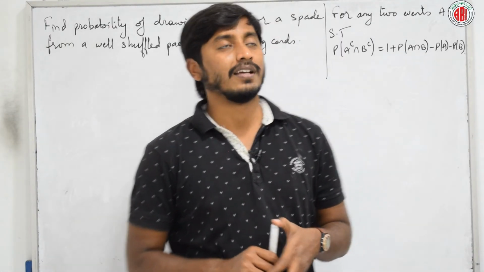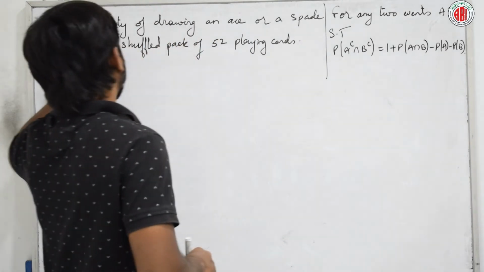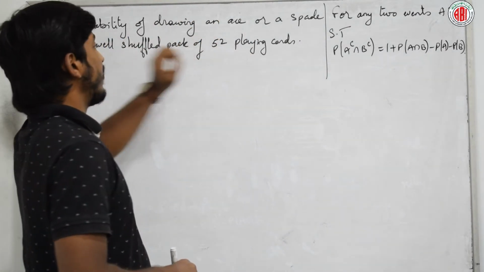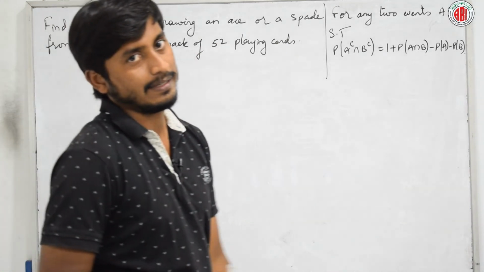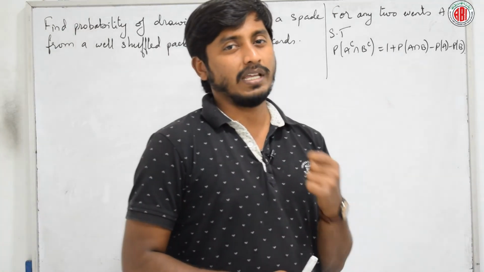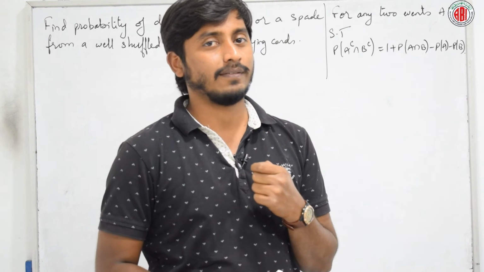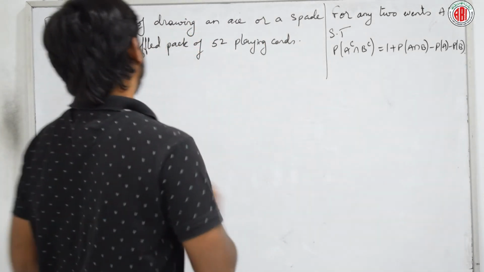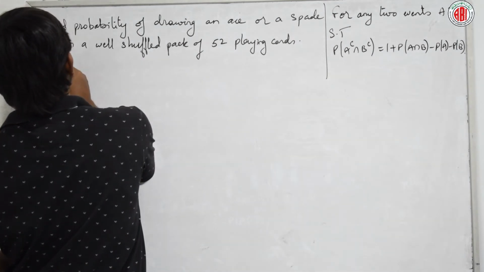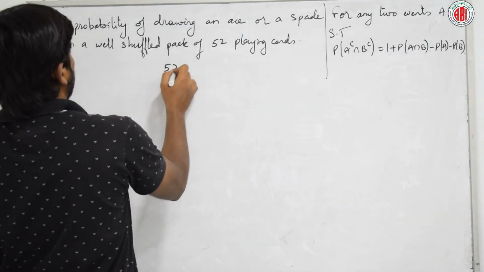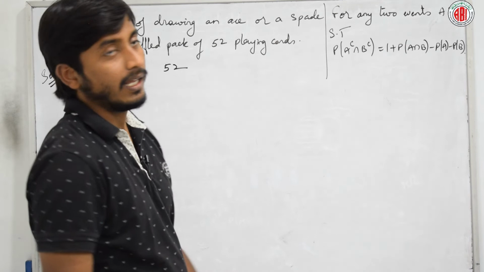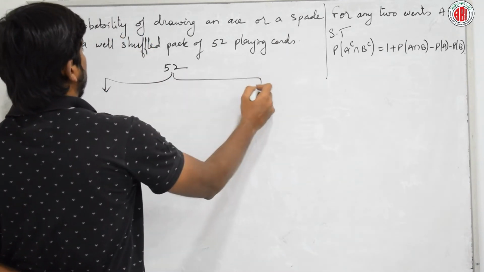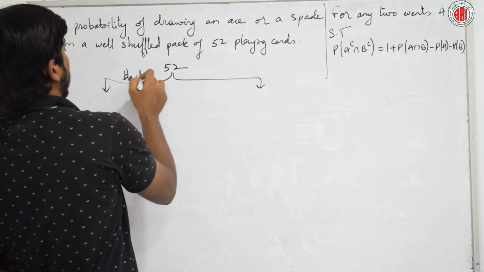Look at the question here. He gave, find the probability of drawing an ace or a spade from a well shuffled pack of 52 playing cards. Just tell me how many ace or spade do we have? Do we have any idea about that? Yes. First, just tell me there are 52 cards, right? Out of which there are half black, half red,